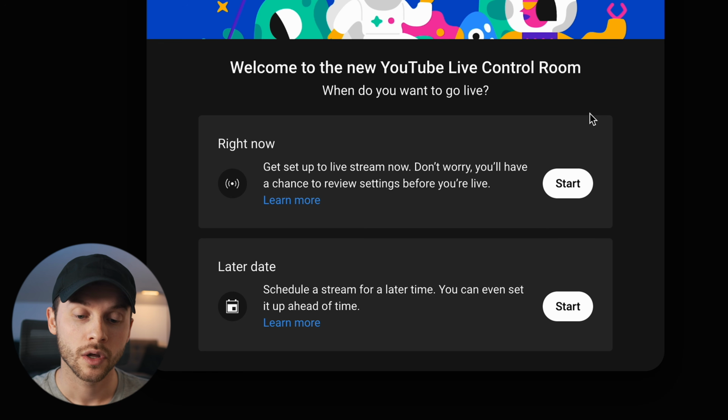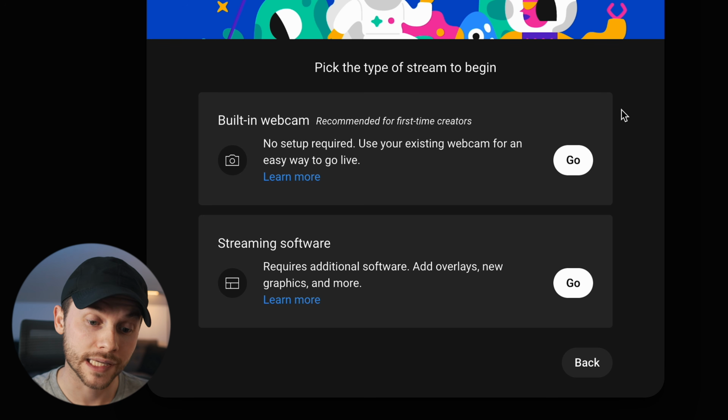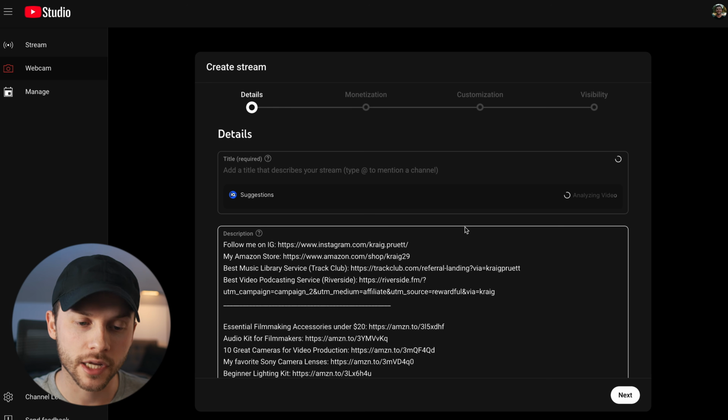So for this tutorial, we'll just click go live now, and then that's going to give you two additional options. This is choosing the type of stream that you want to do. Are you going to want to use the built-in webcam and go live directly from YouTube? Or are you going to want to use streaming software? And so for this tutorial, I'm going to show you both methods here so you can decide which option would be best for you. So for this first route using the built-in webcam, if you hit go, it's going to